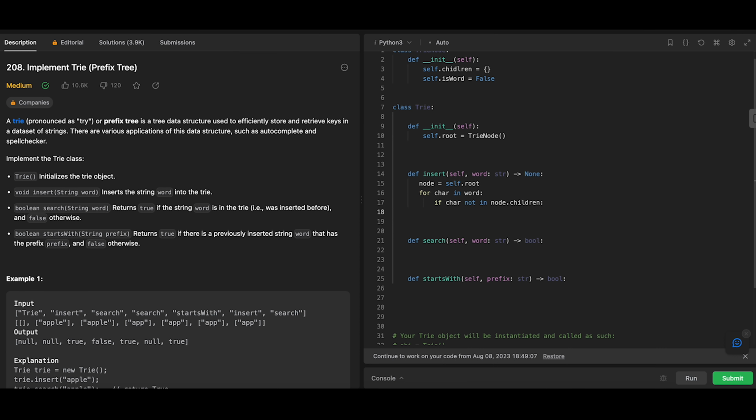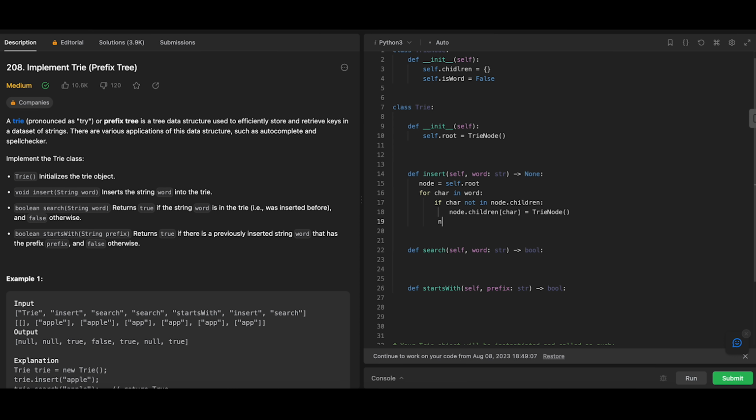We will set node.children at the character key equal to a new TrieNode, right? Oh, not a new TrieNode, because that's JavaScript. So we set it equal to a TrieNode, and then we will move to that node. So we'll move to that child node, or traverse to that child node, right? And so we'll say node equals node.children at character, and that'll get us to iterate through to the